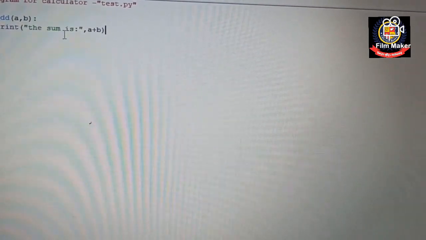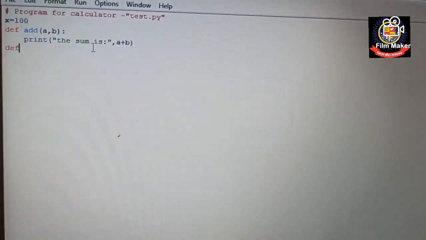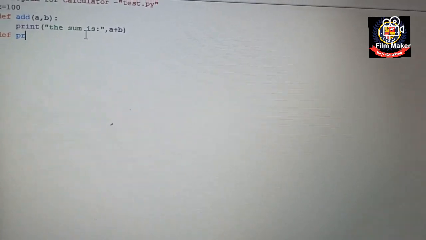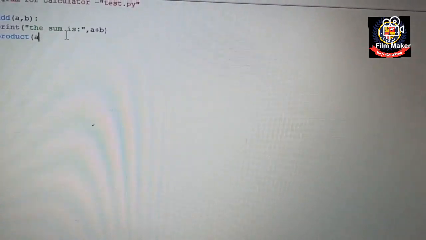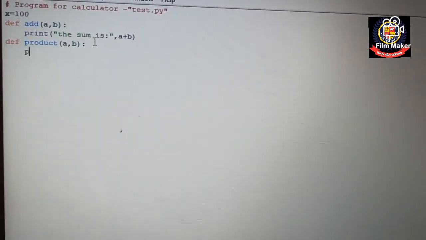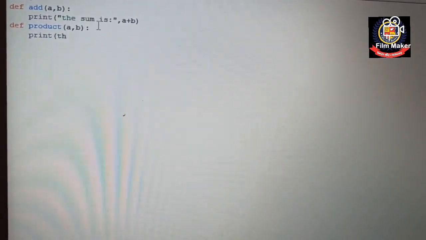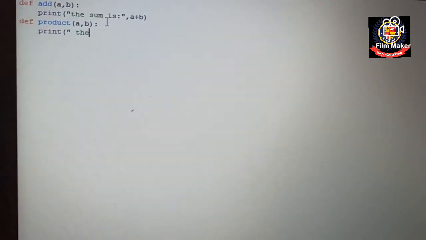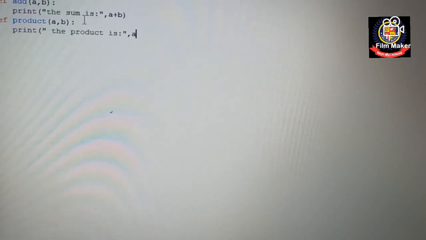Clear? Then I'm creating one more function, def product. Product is the name of the function, with parameters a comma b, then colon, then print, the product is, comma, a star b.